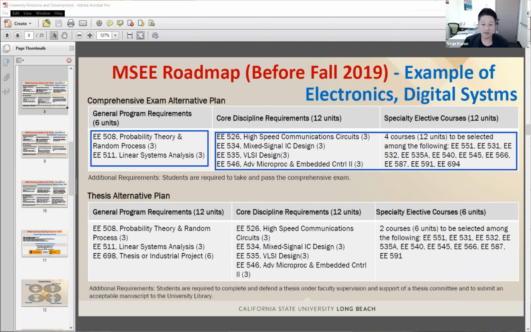Please notice that all these classes are not open every year or every semester. So I encourage you to check the previous class schedules. For instance, spring 2022, fall 2021, spring 2021, etc. And you can figure out which classes have been open recently and which classes will be open in which semesters, basically. However, the best information is obtained by contacting the E department office, especially for the class schedule for the next semester.